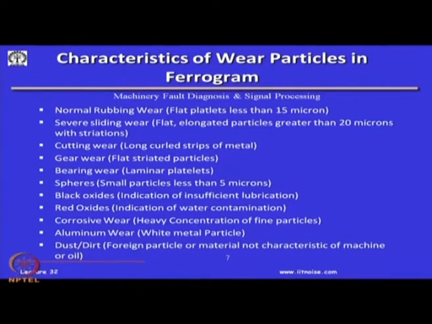So, what happens? These are the particles which we see at a macroscopic level under an optical microscope, and just by looking at the size and the shape, we can have some clue as to what kind of wear took place, what kind of contamination took place. Is it water contamination? Is it contamination with dirt or sand in your machine? This can be done, but this analysis never tells us about the chemical composition of these wear particles, whether it is made out of iron, how much copper is there, how much zinc is there. For that, we have to do what is known as spectroscopy.